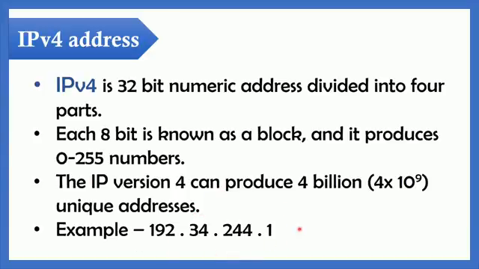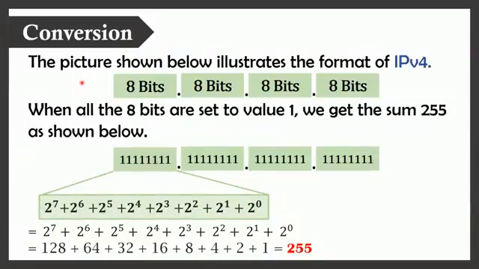The following is an example of an IP version 4 address, that is 192.32.244.1, and these numbers can vary in the range of 0 to 255. As I mentioned before, computers and networks do not read IP addresses in the standard numeric format because they only understand numbers in a binary format. A binary number only uses ones and zeros. Here the given picture shows the format of an IPv4 address. The bits in each octet are represented by a number.